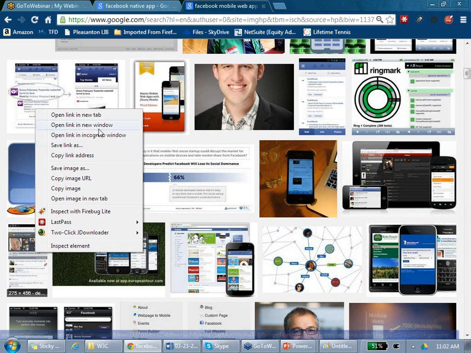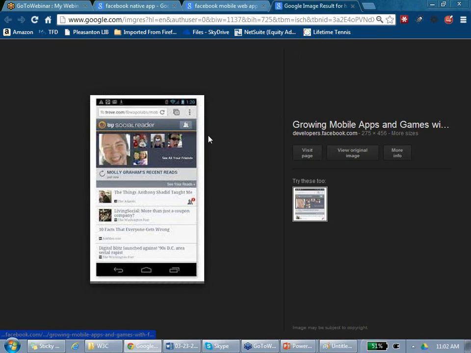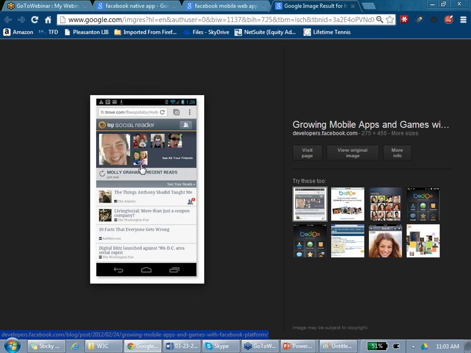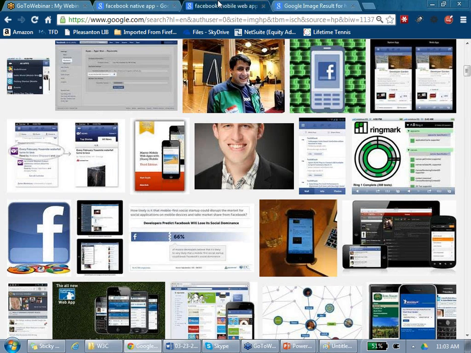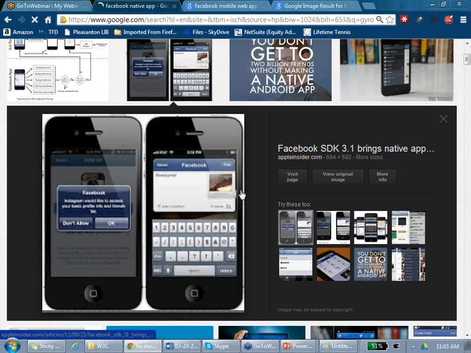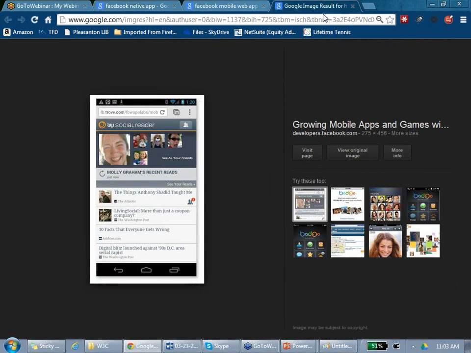Yeah, this is the web app. See, this is a browser. Agreed? And I'm accessing the web application here. I open a browser and I access the web application there. This one, I directly click the icon. See, this is like the Facebook app, right? So everyone understood what is a mobile native app, mobile web app.